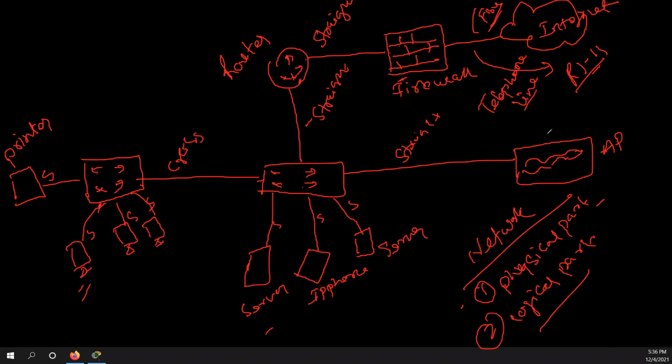So topology and connectivity are the physical part. But if we talk about the logical part, the IP address is the most important thing. An IP address is one of the logical addresses. This should be on each device. Then they would be able to identify each other over the network.